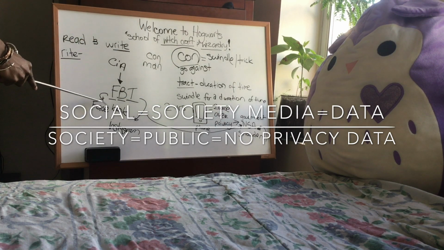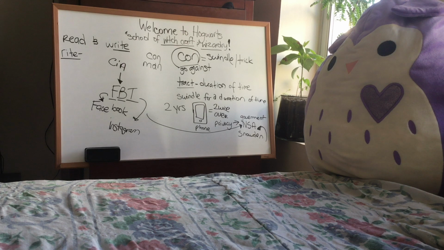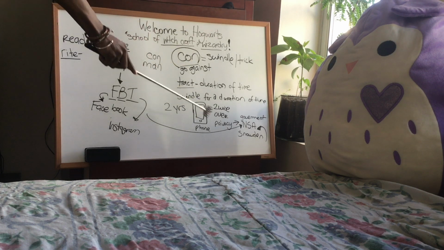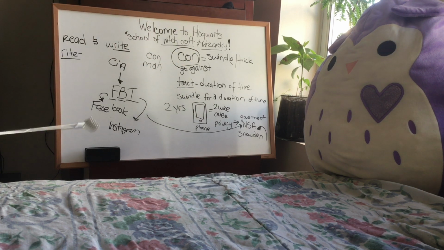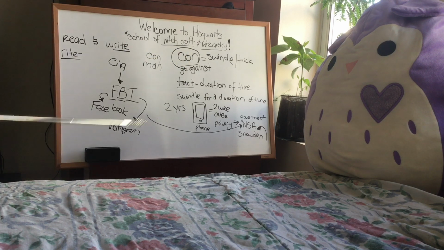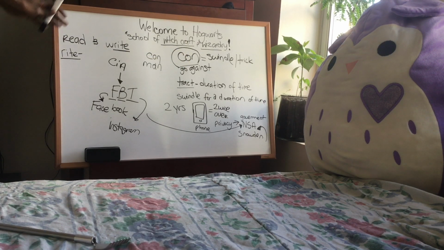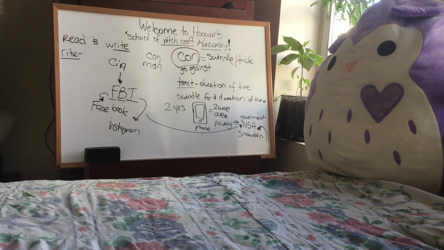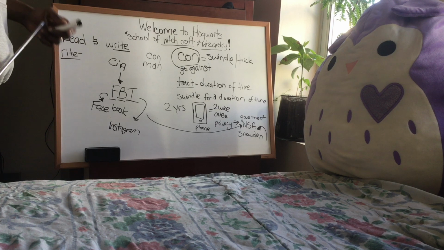So FBI means Facebook and Instagram. It means other things, but I can go on. Okay, so this is a breakdown of etymology, what it means. As you can see, I just broke down what the word contract means, and you gotta understand that the English language is a bunch of separate words combined to form bigger words.